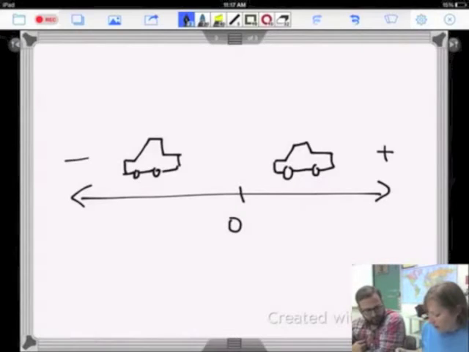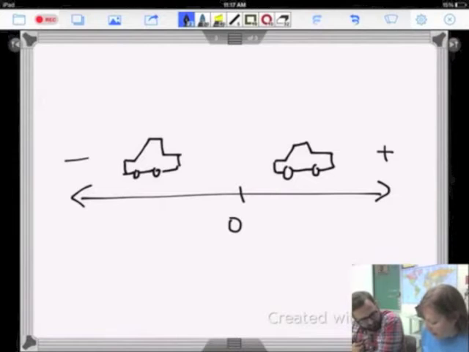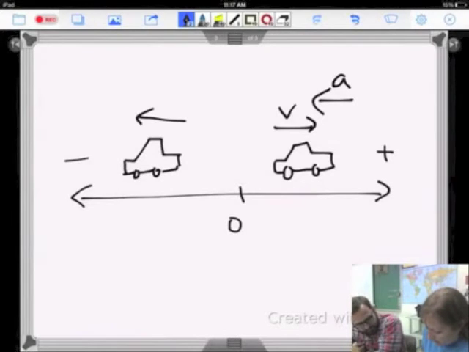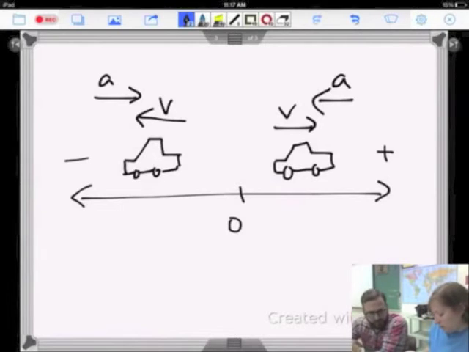Now let me show you some different cars. Let's say this guy is going this direction, so that's his velocity, but his acceleration is going that way. What do you think he's doing? Got to be slowing down then. Yeah, he's slowing down. But again, it's directional. You'll notice these are not matching in their directions, and that's what makes that happen. So here, let's say this guy's velocity is going to the left, but his acceleration is going to the right. That guy is going to have a negative velocity but a positive acceleration and be slowing down. That's a little confusing because the acceleration is positive. But that's how that works.